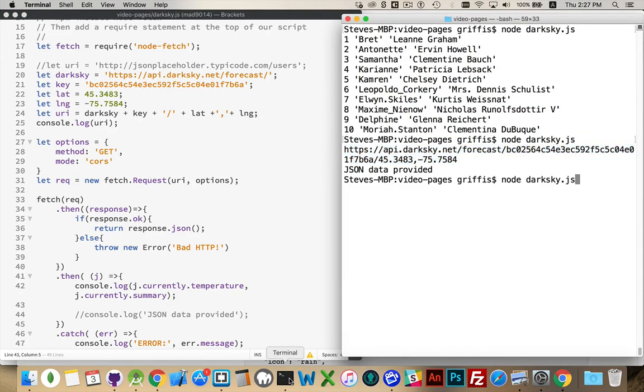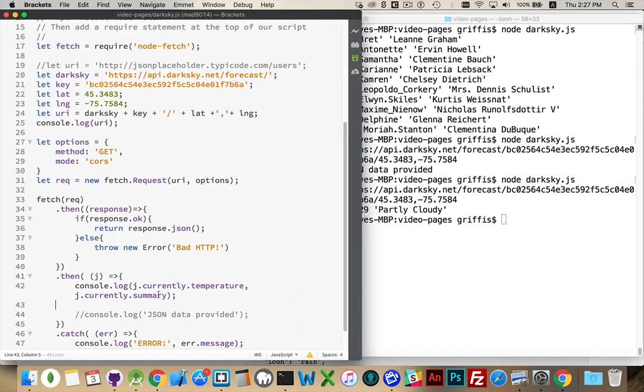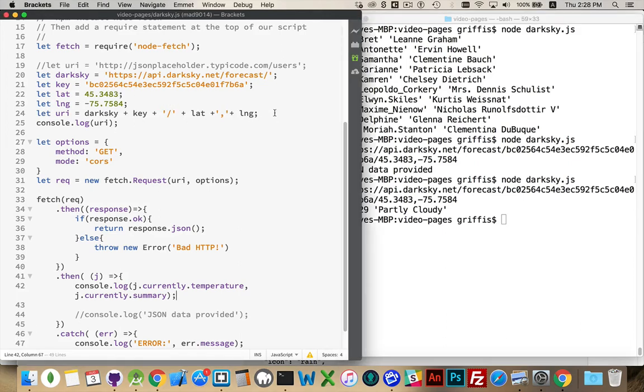Let's try this again. There we go. 77.29 degrees. That's in Fahrenheit. So not what I wanted right now, but it is a valid number coming back. And partly cloudy. Looking outside, yes, it is indeed partly cloudy. Okay, fantastic. Now, I don't want 77.29 degrees Fahrenheit. I want Celsius. So how do I add that? Well, at the end of my URI here,